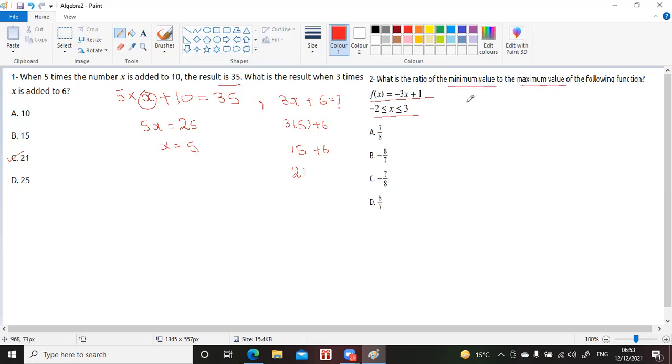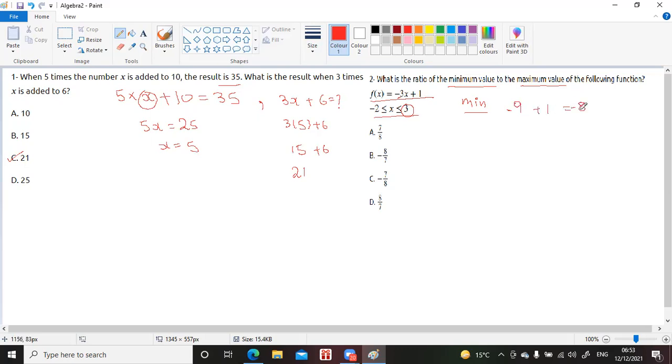So first we need to determine the minimum value. So minimum value would be, we need to use 3 because we have a minus sign here. If I use minus 2, it would be the maximum value. So we need to use 3. So we will have minus 9 plus 1,